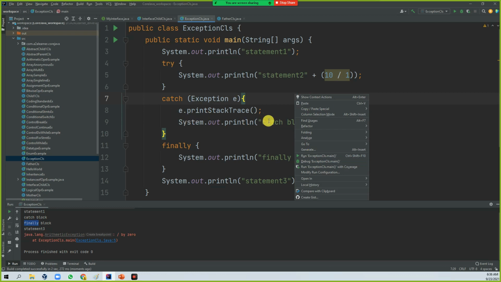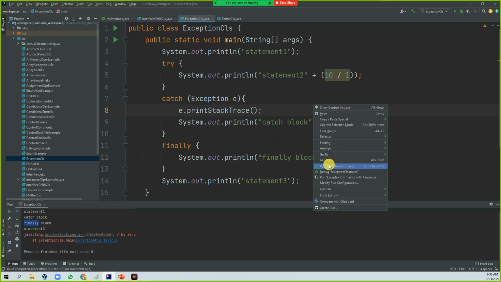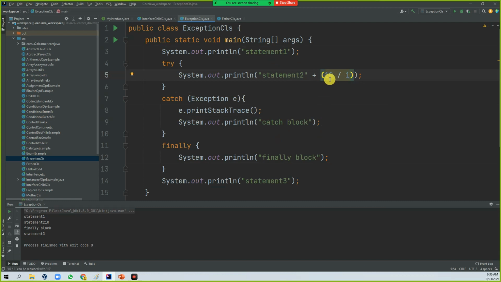Now this catch block will not execute, but the finally block always executes. The output, if you see: statement 1, statement 2 with the value 10, then the finally block and statement 4. So the finally block always executes. The catch block has no execution now.